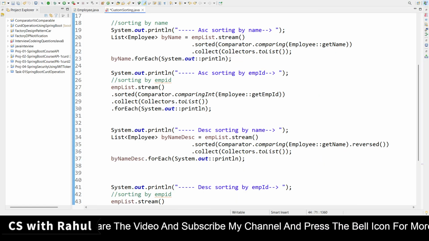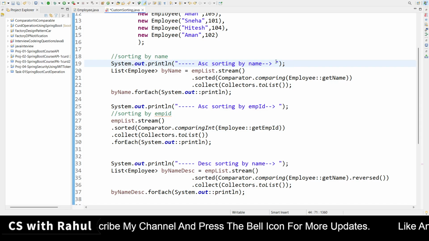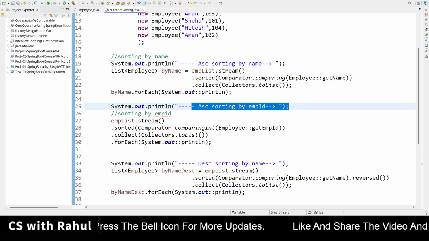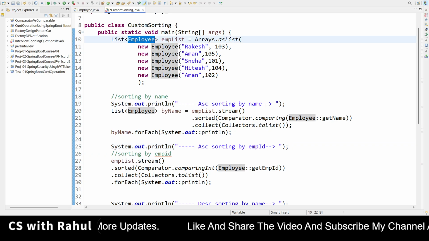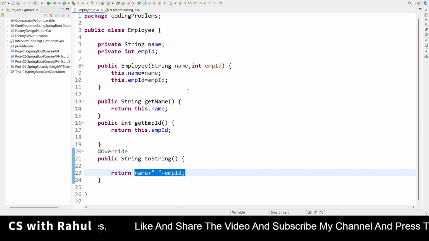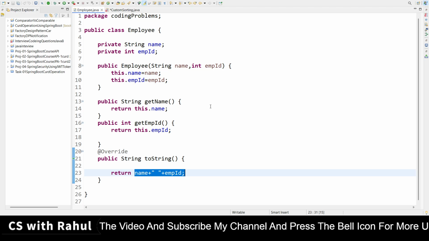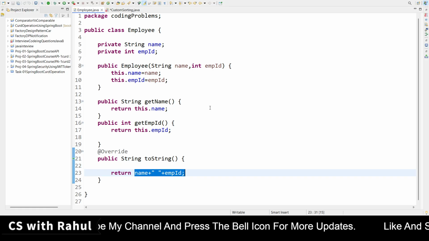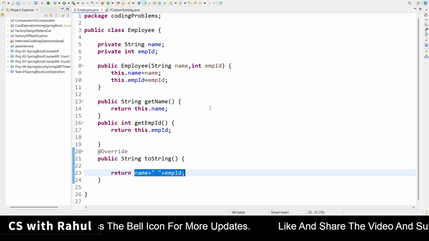So, just a quick recap now. In the last video, I covered ascending order sorting by name and ascending order sorting by employee ID. I have created a list of employees. The Employee class I already explained in the last video. If you have not seen the last video, go to my playlist Java 8 coding English videos, because I'm creating videos in both languages, English and Hindi.